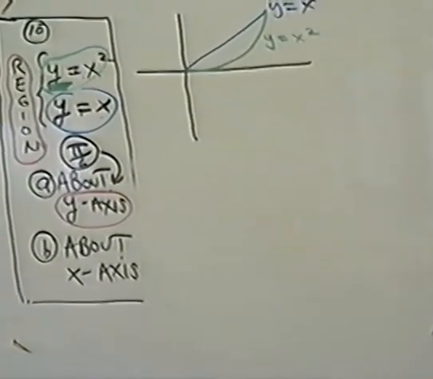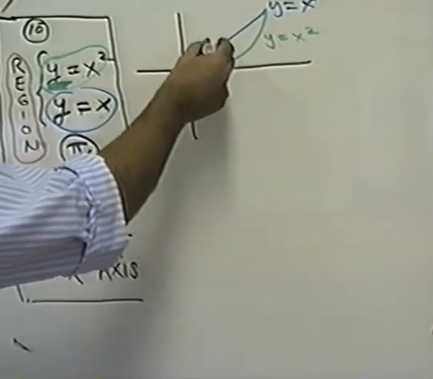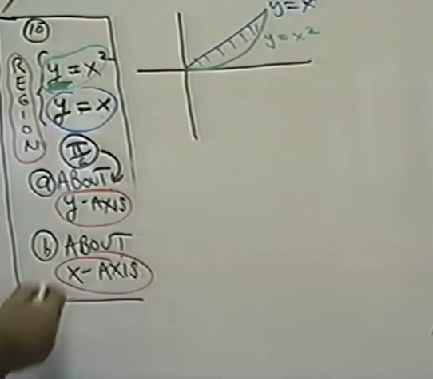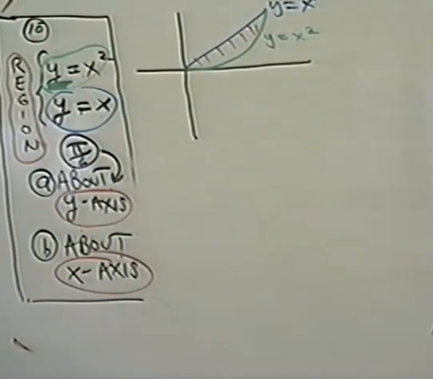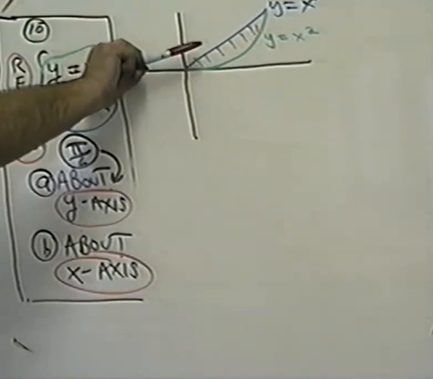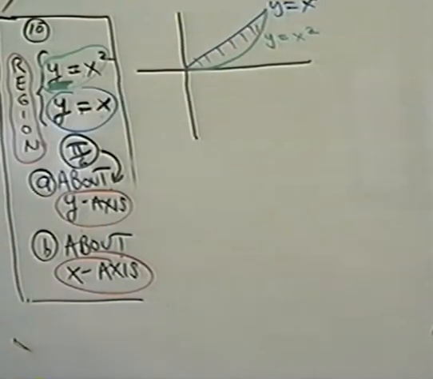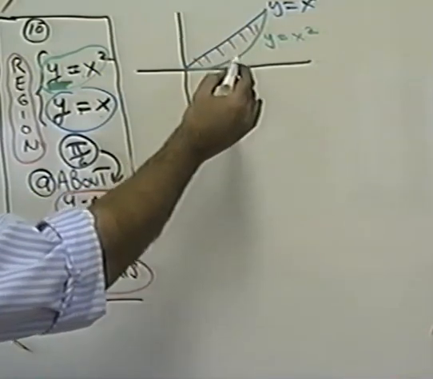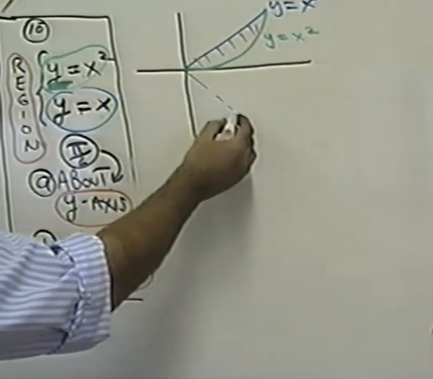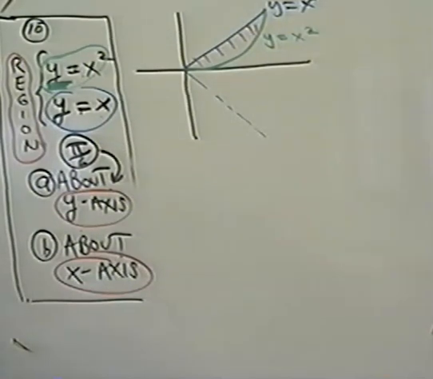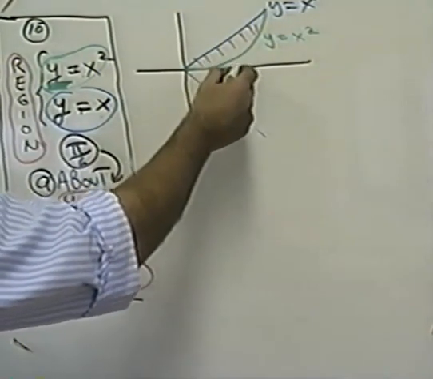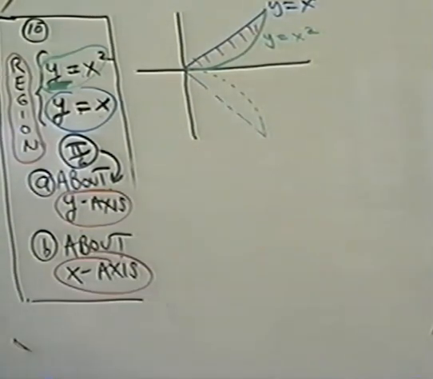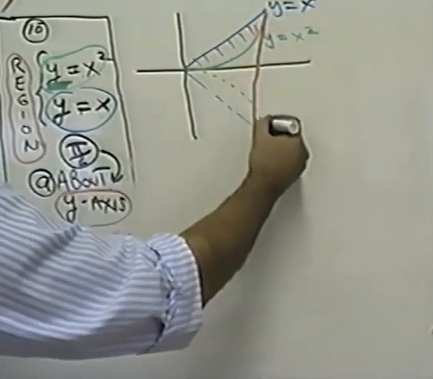Now we're ready to take the same region that we used before and rotate it about the x-axis. So the x-axis becomes the spinning axis, where you're going to spin. And as you spin, this particular segment will come out here and go down here. The green segment, the green curve, will rotate. And when we're finished, we get a solid object